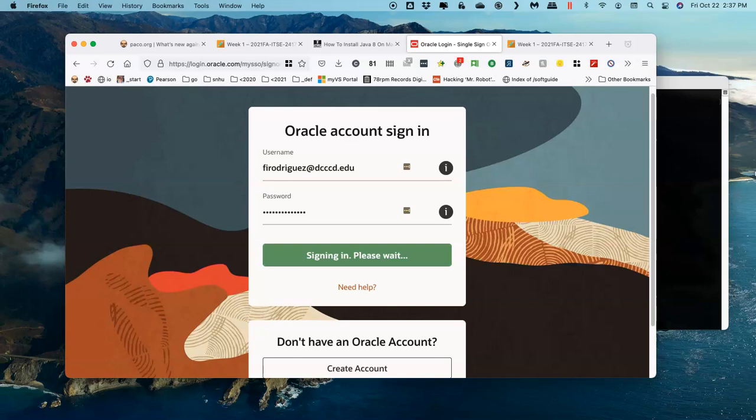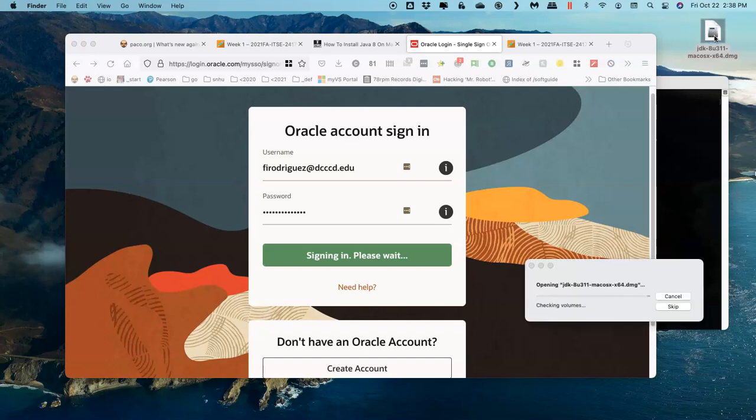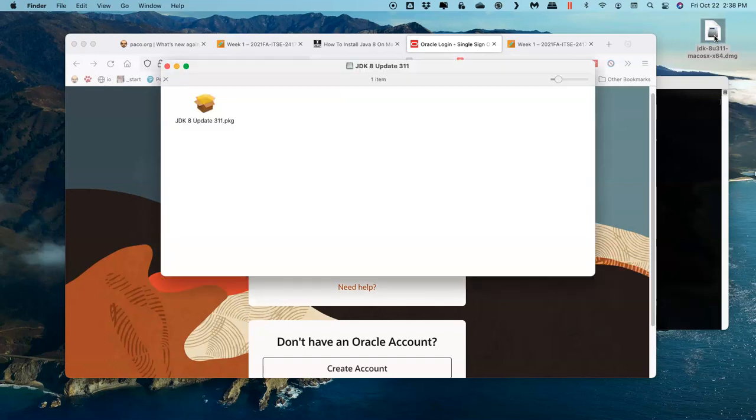Rather than opening up the other monitor, I'll just bring it over from that place. It's JDK8U, etc. I'll double click on that so that it opens the image. And now it's open. Let me bring that again to this one. It's JDK 8 Update 311. I'll double click on it to open it, and it tells me there's the Update 311.pkg, the package to install. I'll double click,